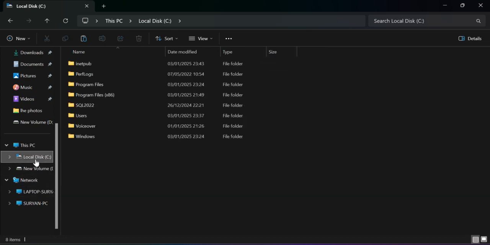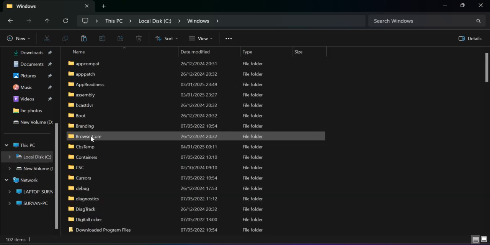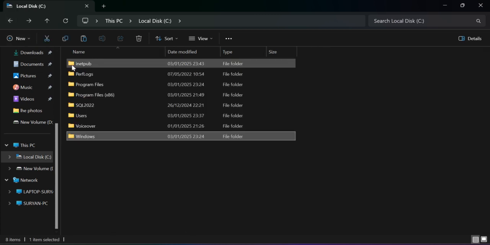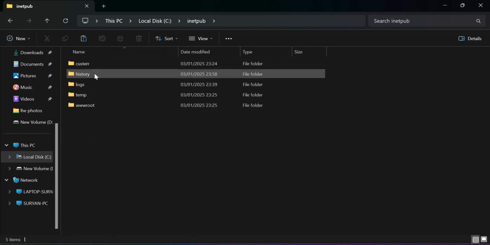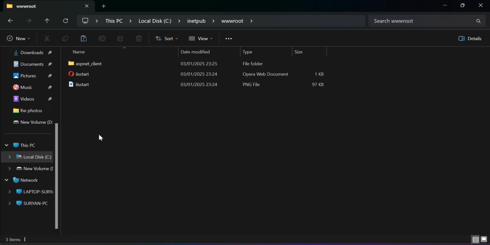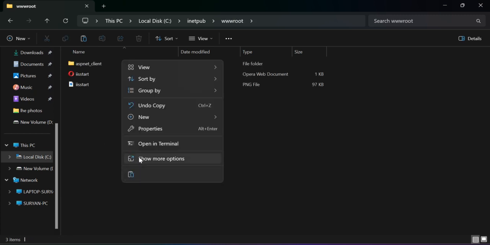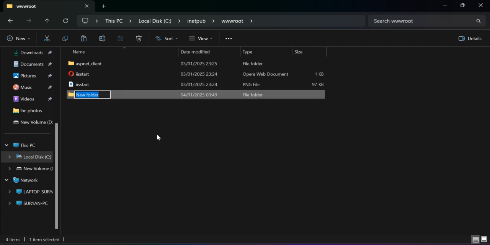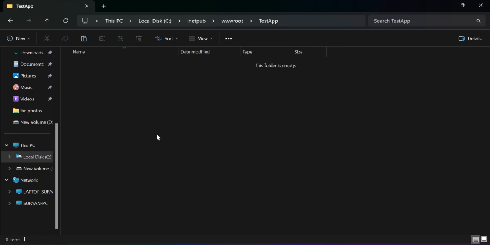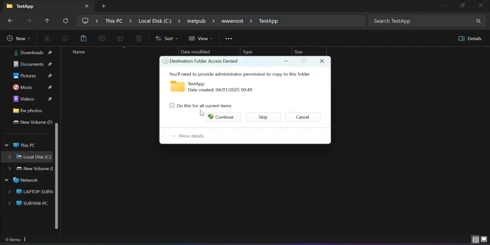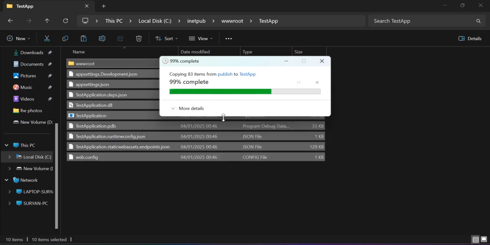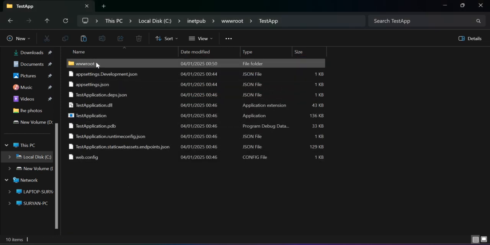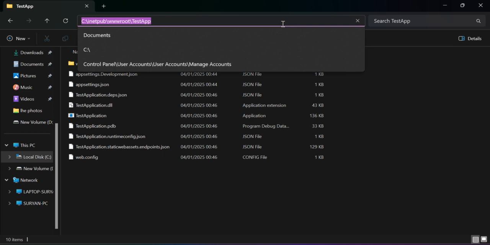and I'll go to C drive, Windows, inetpub. Under wwwroot, I'll create one folder here, and this will be the test app. Under this test app, I'll paste the publish content, the generated build files I copied. I'll copy this path. Let's open IIS,